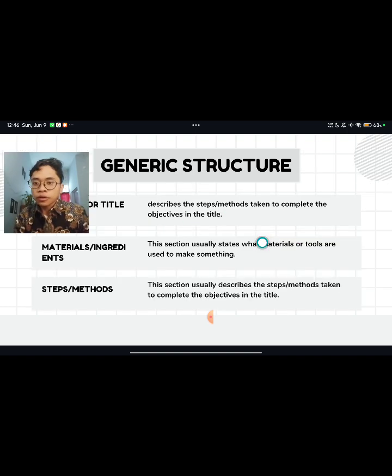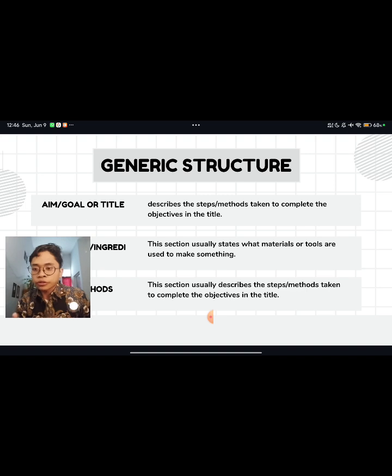Okay, and then when we want to talk about the text procedure, we need to know about the generic structure of the text procedure itself. Of course, we have to know the aim or goal or title. When we want to make a text procedure, we have to know first about the aim or the goal or the title.